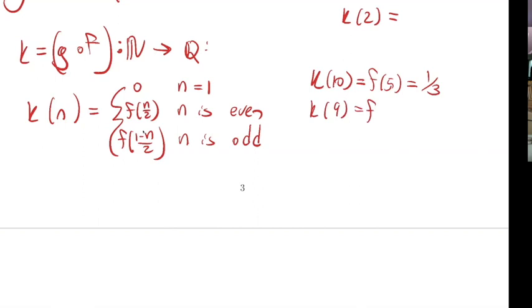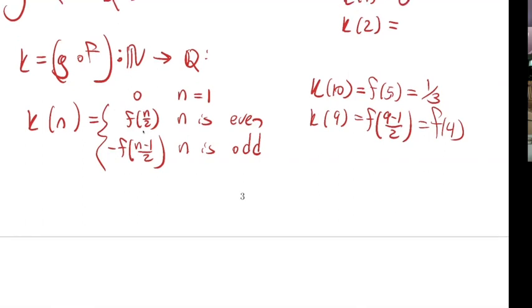Let's kind of be careful about this. So this would give me f of, let me do it like this. Yeah, sorry, I see I made a mistake here. I want to get negative rational numbers out of this.